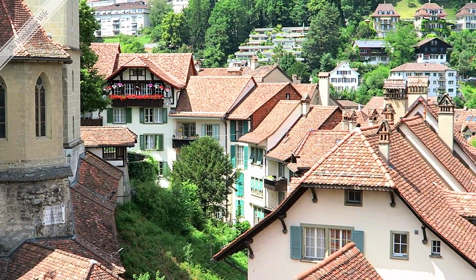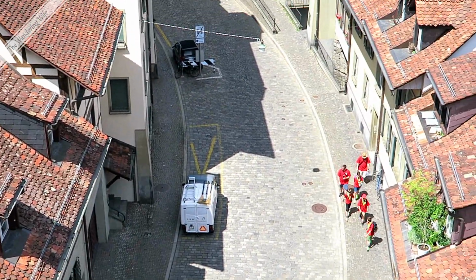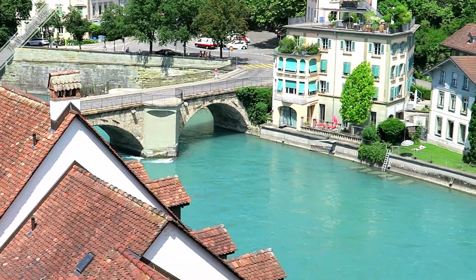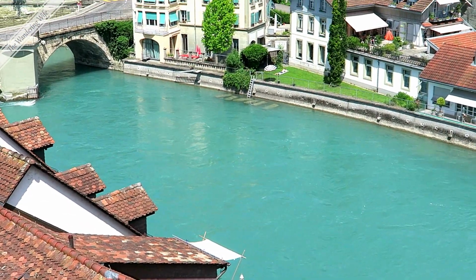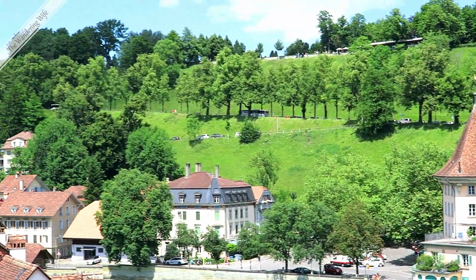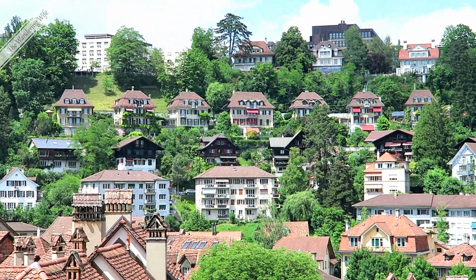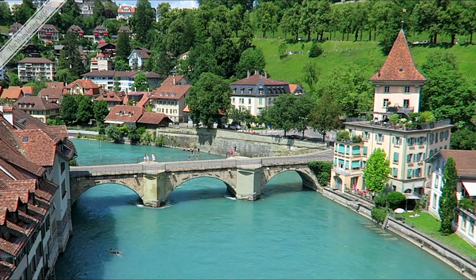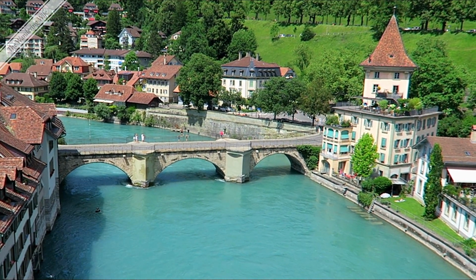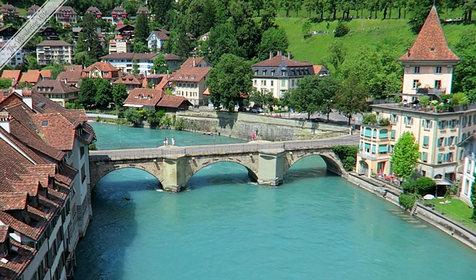And then down below are all these pretty residences. Nice quiet little residential street, but they're all right here on the river. I mean, it's just so beautiful and picturesque everywhere you look here. Look at those beautiful houses up there. And that small bridge down there is the oldest bridge in town. And until 1844, it was the...